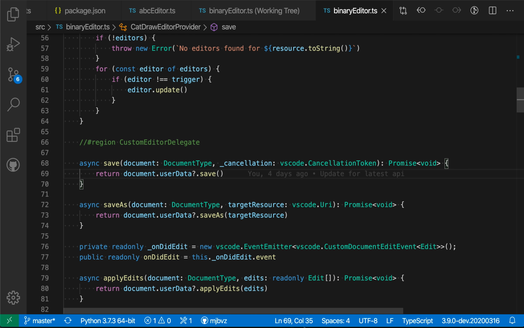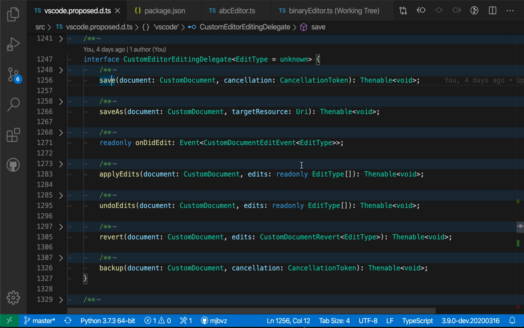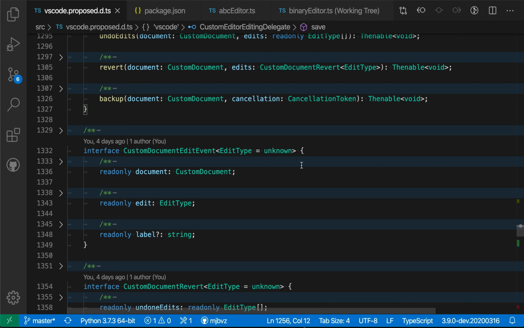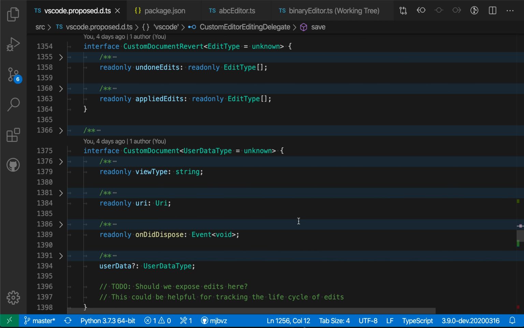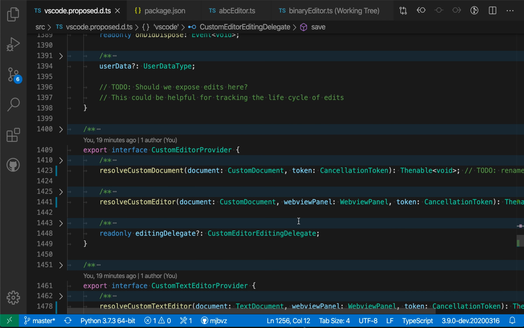There are a lot more complications you have to be aware of when you are implementing a custom editor versus a custom text editor, such as making sure that all these edits and everything are being synchronized properly. But they are an advanced use case, and I generally try to steer you away from them if possible. So that is the custom editor API in its current state. There are a few extensions we might be making to it in the future and a few ways it might be revised. But to understand why the API looks this way, it might also be helpful if I